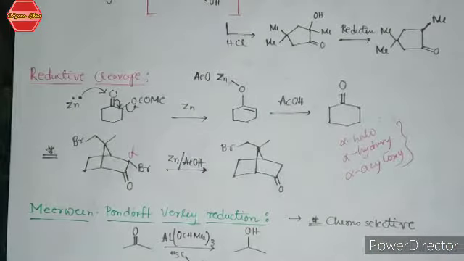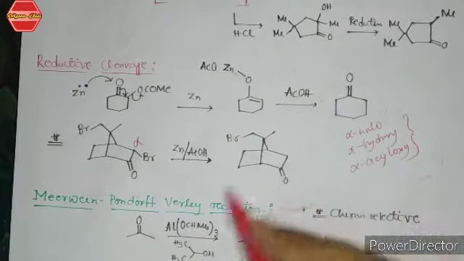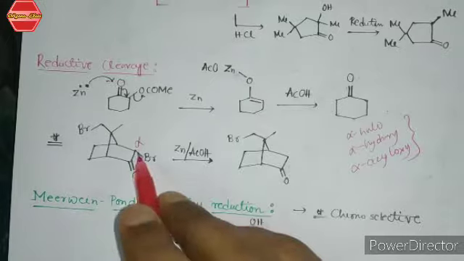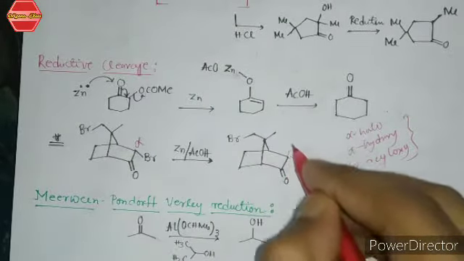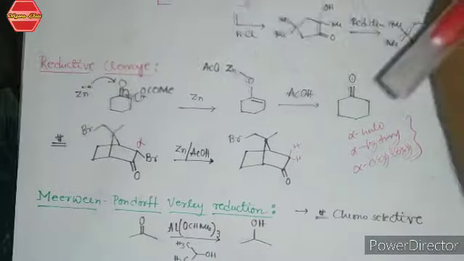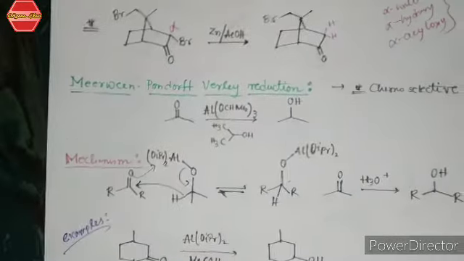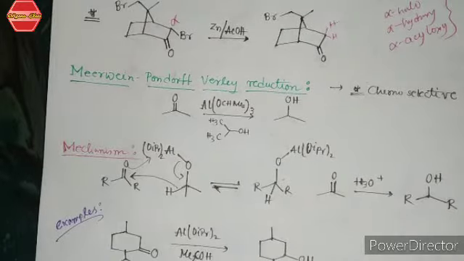So these types of groups are generally used in this reductive cleavage by using zinc acetic acid. Now there is a leaving of this bromine, not this bromine. So this is how the product is formed. There is your hydrogen, but this bromine remains intact. So this is our overall Clemmensen reduction. I hope I covered all those topics regarding this Clemmensen reduction.